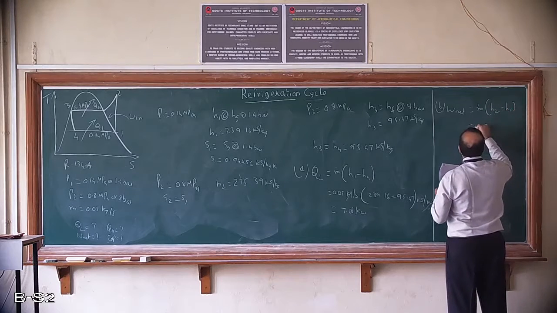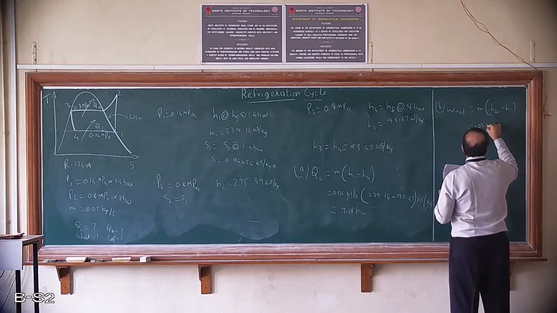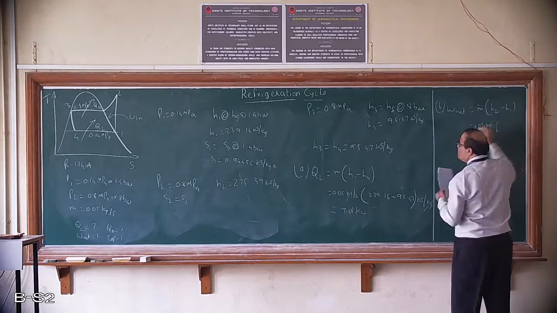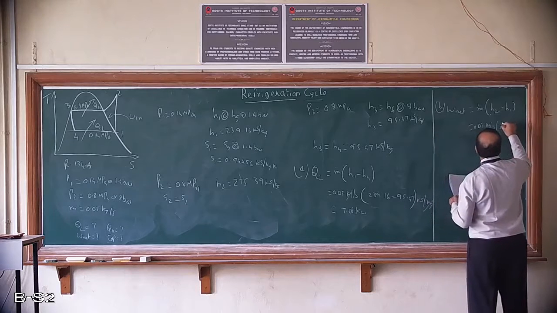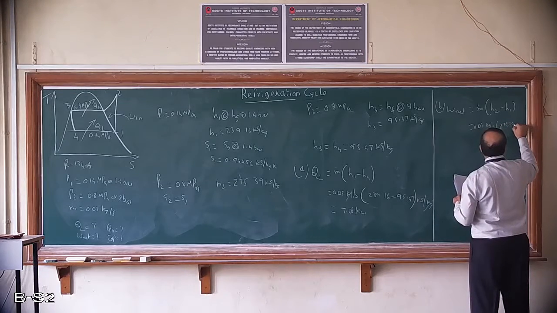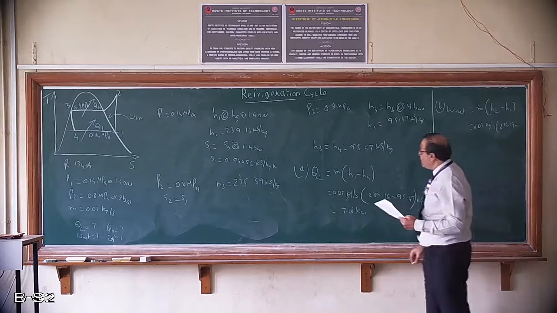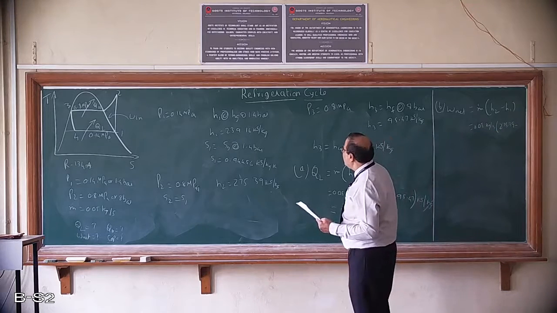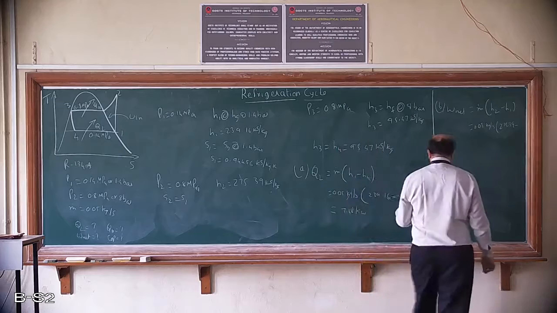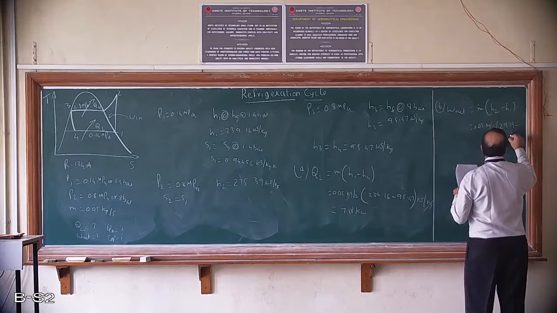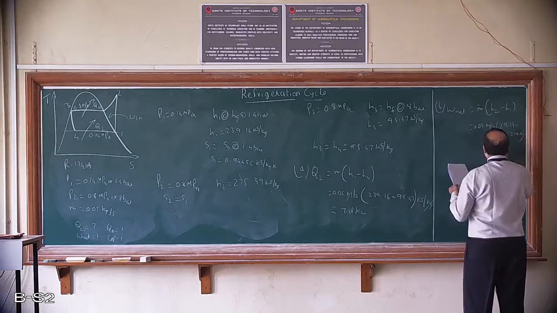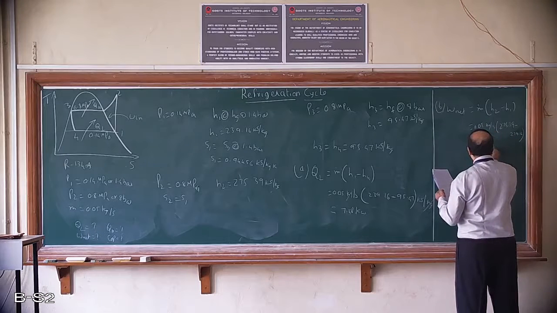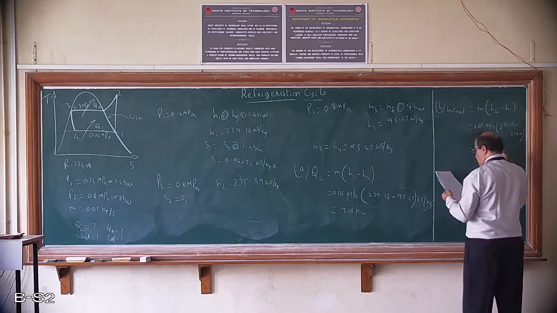So 0.05 kg per second, and H2 is how much? 275.39 minus H1 is 239.16. So we get this as 1.81 kilowatts. Now